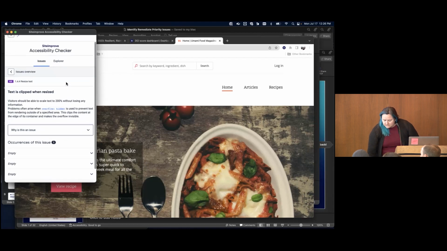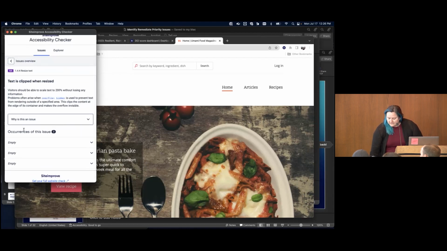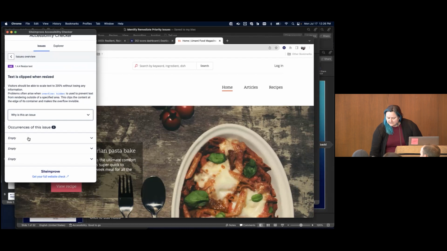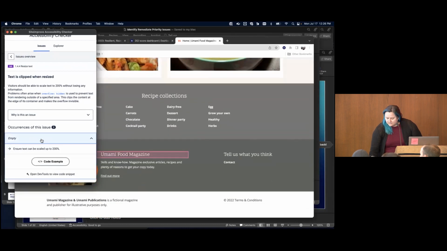And then below that, you can see the occurrences, right? So then if I highlight this, choose that occurrence, it will actually scroll down and highlight that on the page for you, all within the browser extension. If I am to open up DevTools,